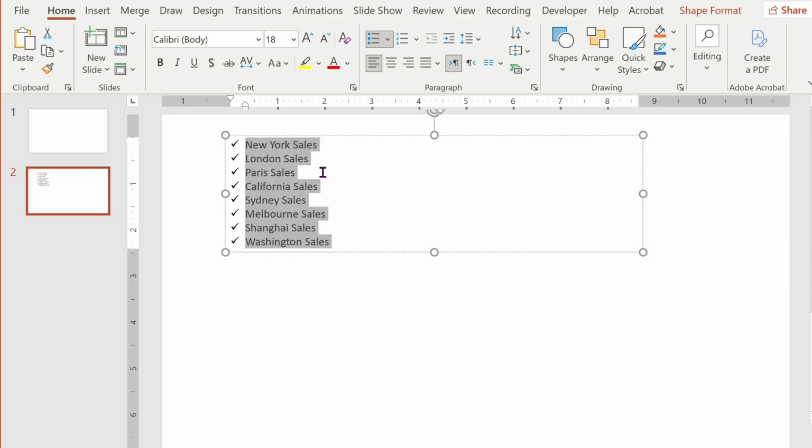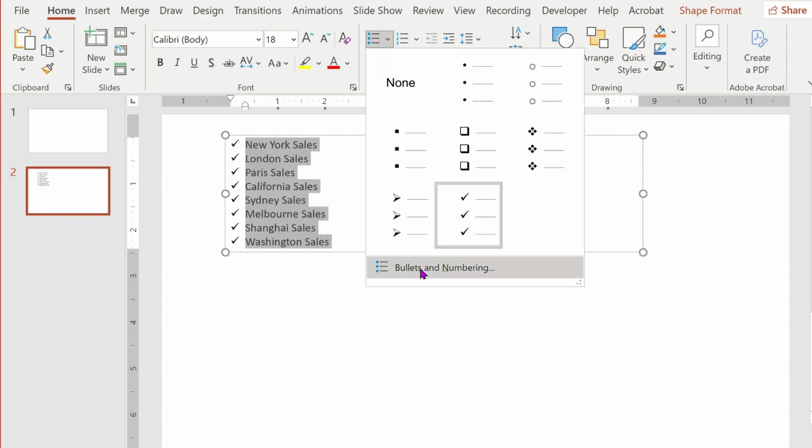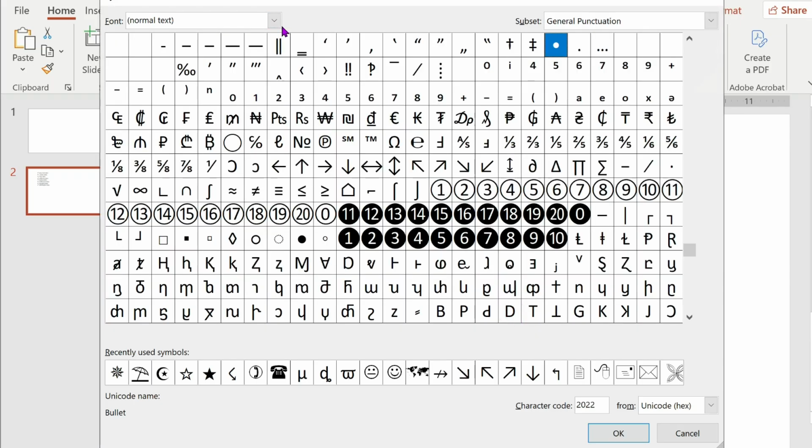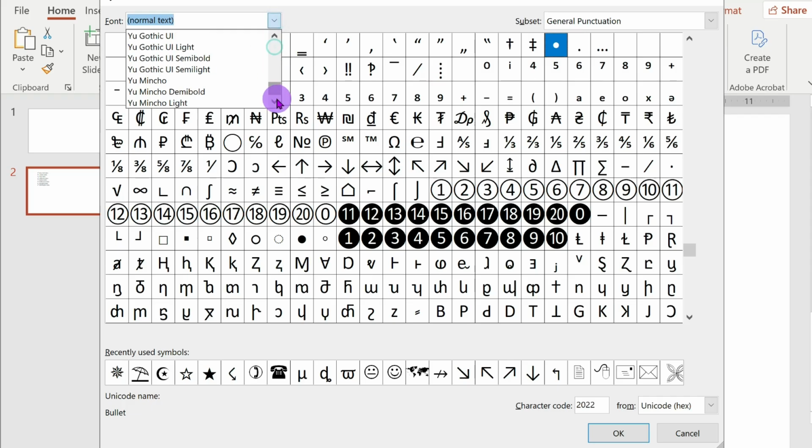However, if you want to use a unique icon, match your brand color, or adjust the scale of your bullet points, you can access the deeper customization menu. For this you need to click on this drop-down menu, click on Bullets and Numbering, and now click on Customize, and in the Font section you need to select Wingdings,